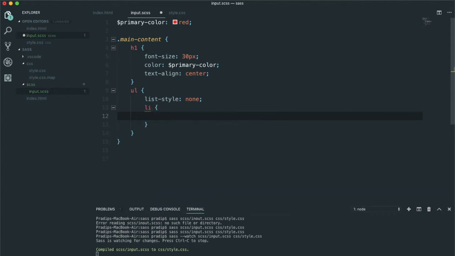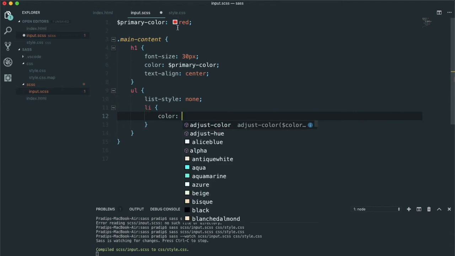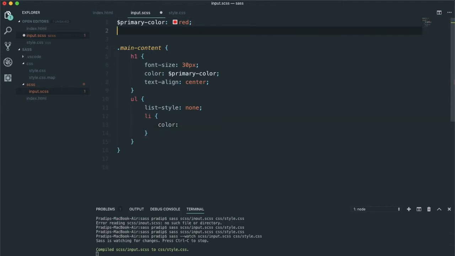We can mention style for the li as well over here, and within this li I'm going to mention a color. For this color also I can create another variable called secondary color and give the value as well. So for the color I can use the variable over here. Now if I save it,